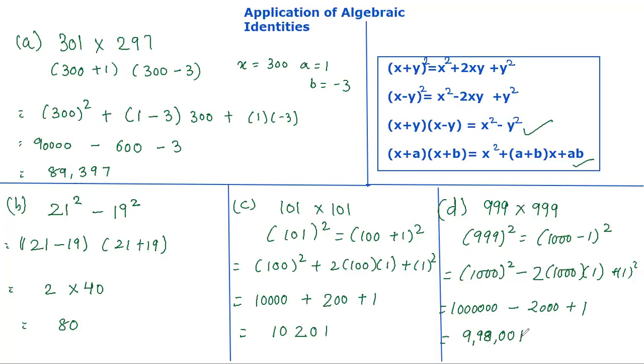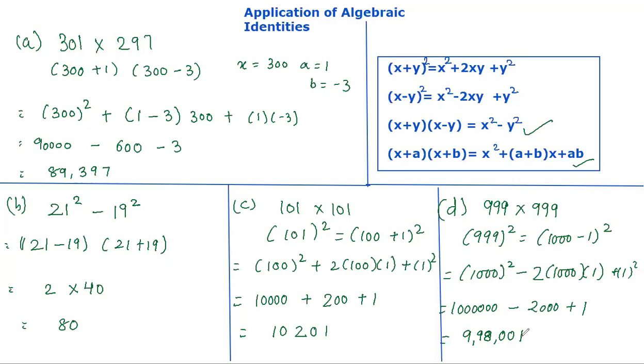So like this, we have seen the application of the algebraic identity. Here you can solve n number of sums if you want to find the product of two large numbers, and if you can see that there is something common between those two numbers, you can use these identities. Now I cannot use these identities, for example, if I have 45 and 54. Nothing is common between these numbers, so I cannot use the identity to find the product of those numbers. And you have to see that if you are using the identity, you are splitting the number in such a way that your calculation becomes easy, you are not making it tough.